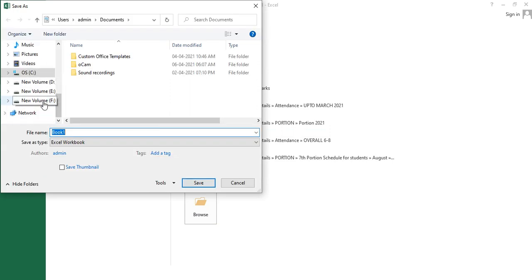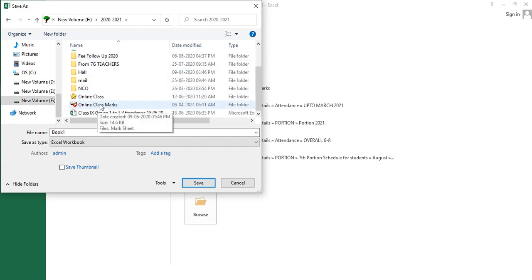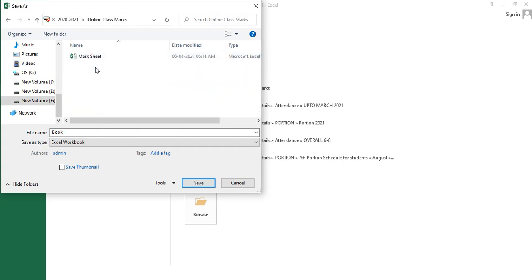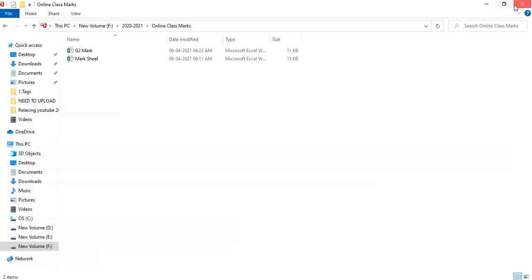I'll save in the F drive. Choose the drive where you want to save, online class marks. See here, we already have the mark sheet, right? So this is G2 mark. We can rename this file also. Yes, and you can save it, right? So I'll close all the files.